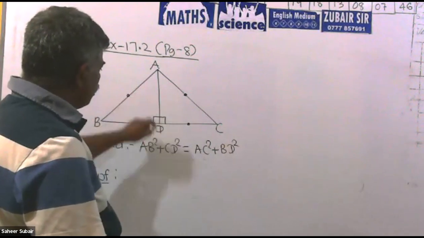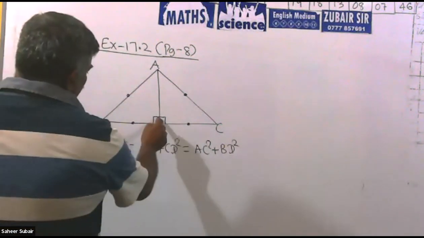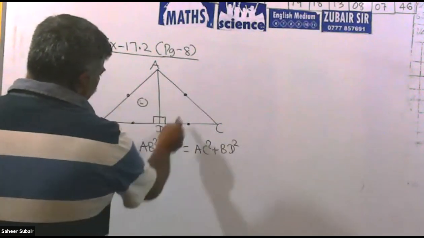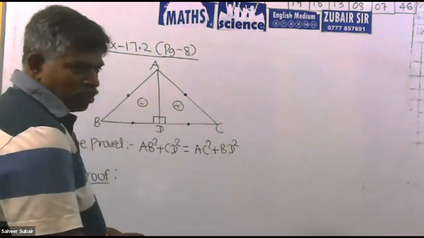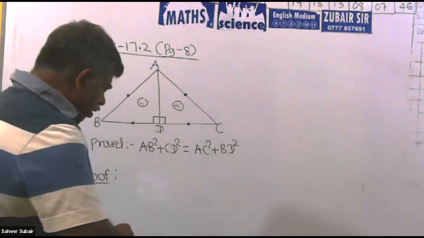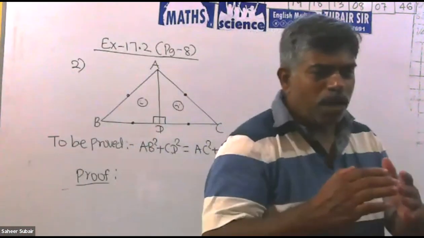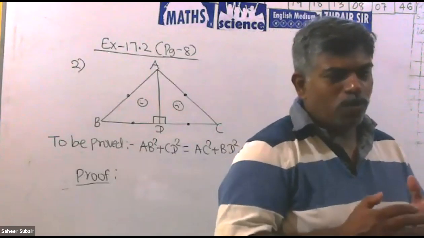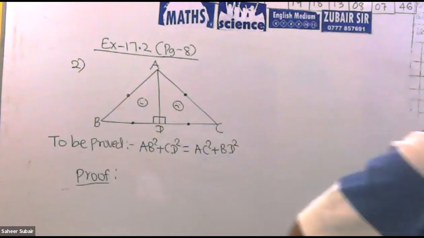This one is missing. So here two right angles are there. These are right angle triangles, so you can use Pythagoras theorem in this, and in this other right angle triangle. Then you can find a method to remove the unwanted things. By adding or subtracting, you can remove the unwanted things. Just give a try and see.